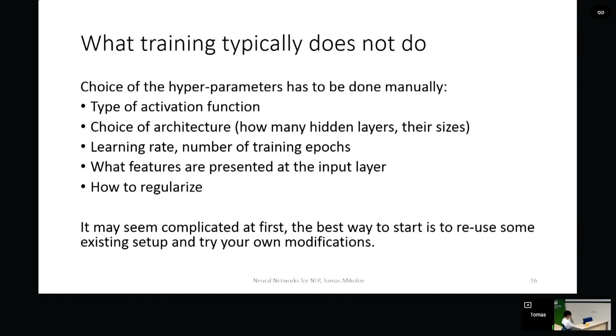And then, of course, the feature engineering, like what features do we present at the input, how do we normalize them, and so on, and how do we regularize the model. We can use model ensembles or dropout. These two things are pretty much the same stuff. So all these choices have to be made by the engineer or researcher who is using the neural network. It can be a little bit overwhelming in the beginning, but nowadays there are tons of tutorials on how to train a good network, for example, for ImageNet classification or Penn Treebank language modeling and so on. So it's actually not nearly as painful as it used to be 10 years ago to start working with these models.